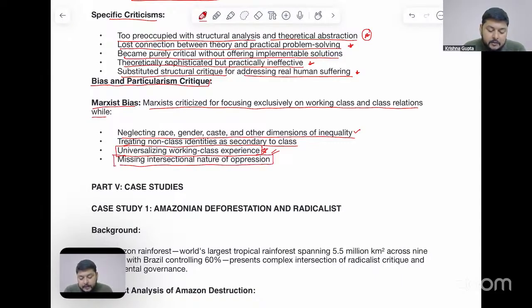Okay, so it is not like only the labor class is being oppressed. Certain people who are working under a particular setup are also suppressed or oppressed by the people who are above them. They are also present either in the deep structure or in the infrastructure. But this was not highlighted here. Only the class struggle is highlighted here. So these were certain things which were seen as the bias of Marx here.